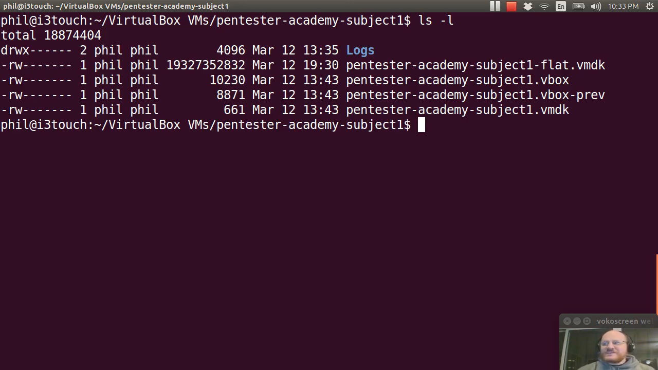So here you see this large 19 gigabyte flat file. This is my target. This is what I'm going to create an image of. Before I create the image, I'm going to run fdisk on this file, which some of you might not realize you can do. So I'm going to run fdisk on